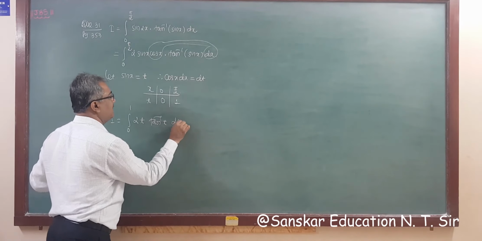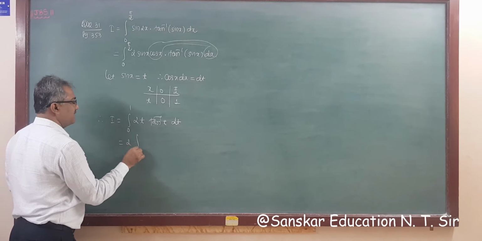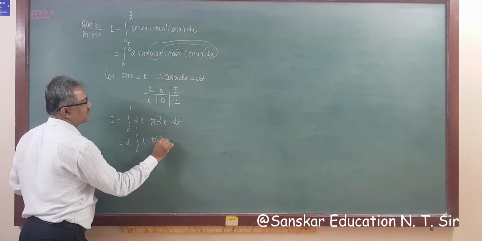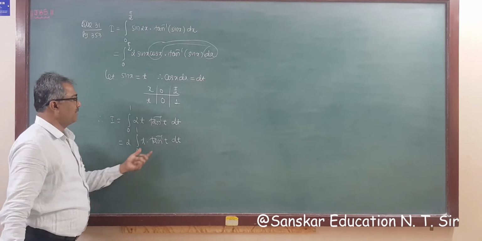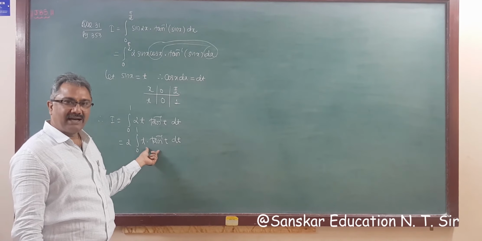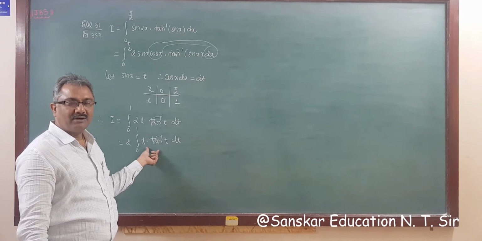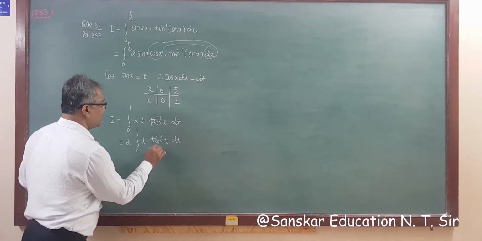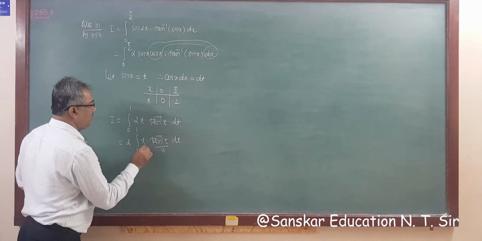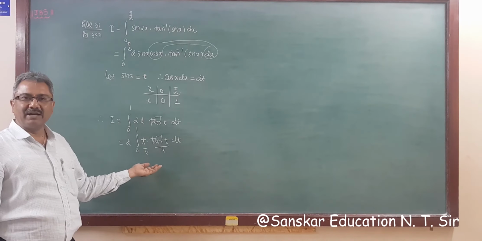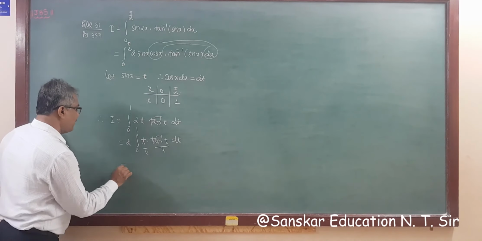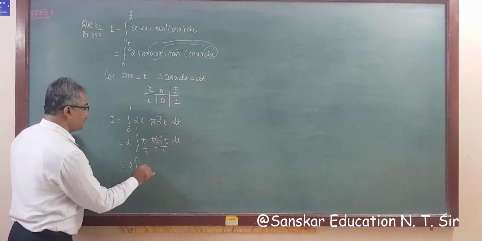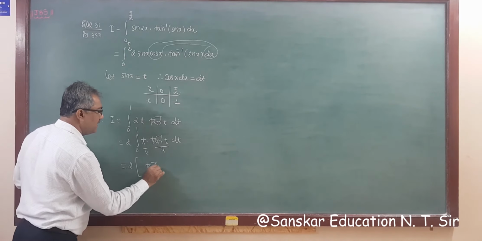So this is dt. So this is 2 times integration 0 to 1 t into tan inverse t dt, right? So integration by parts, LIATE: log, then L, inverse I is there. So this is u and this is v, right? So applying integration by parts for the finite integration, what we get? This is 2 times u, tan inverse t as it is, right?